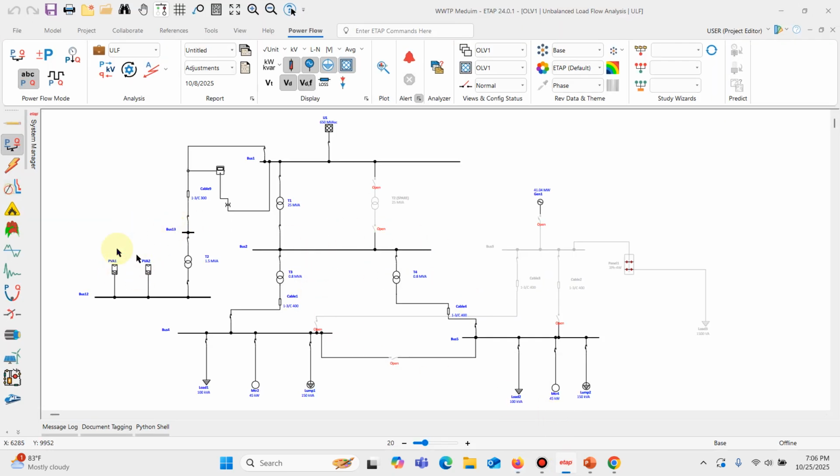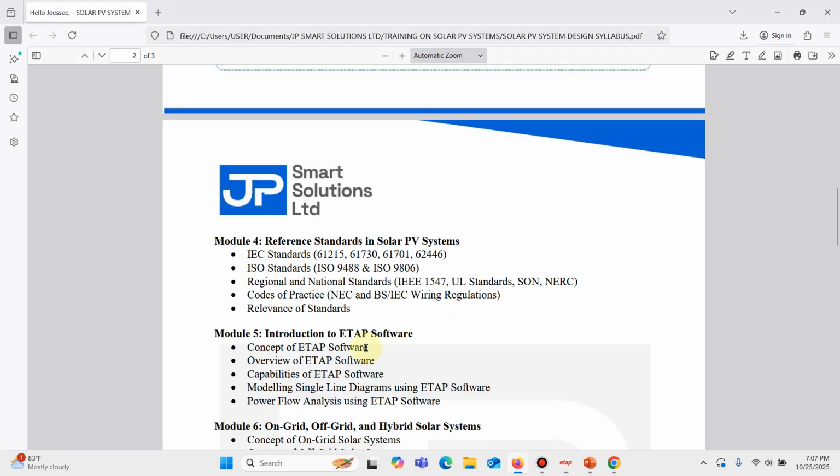So we can use it to model our PV system here, which would export data and power to the grid. So we have a meter here for monitoring whatever is flowing to the power grid. So this is a preview of the software, which is ETAP version 24.0.1. And no need to worry, as long as you're registered for the training, we will also be giving you